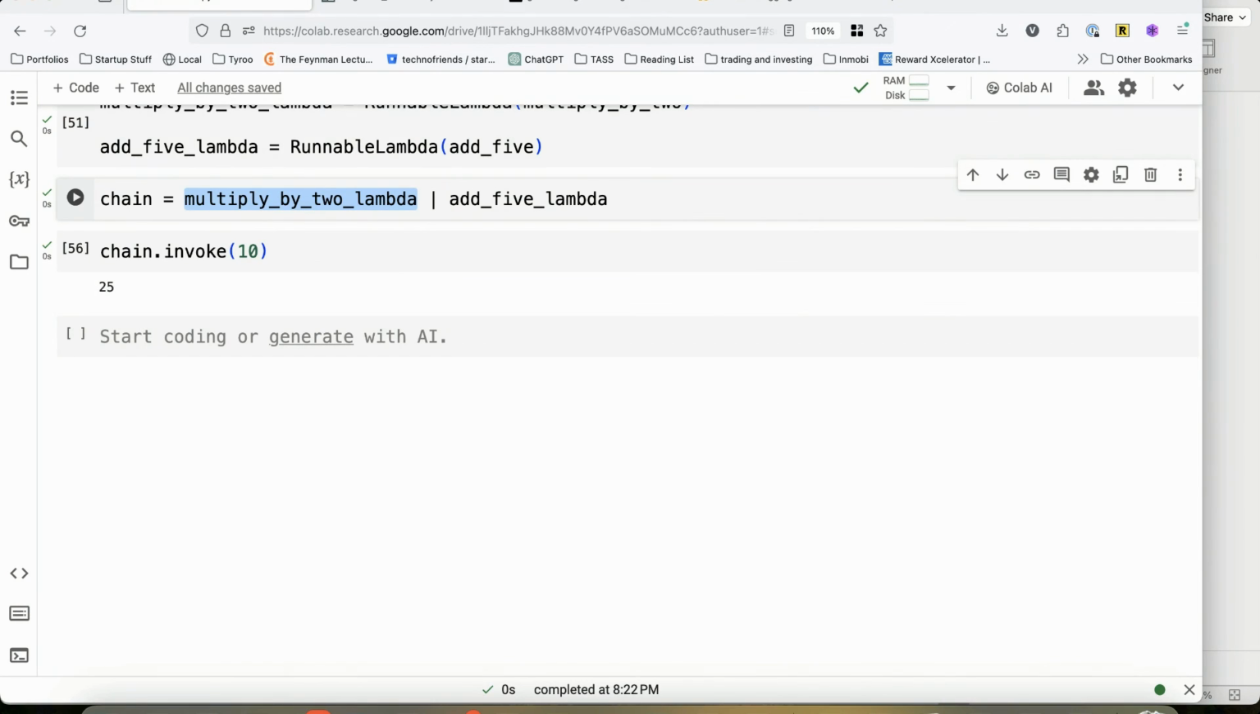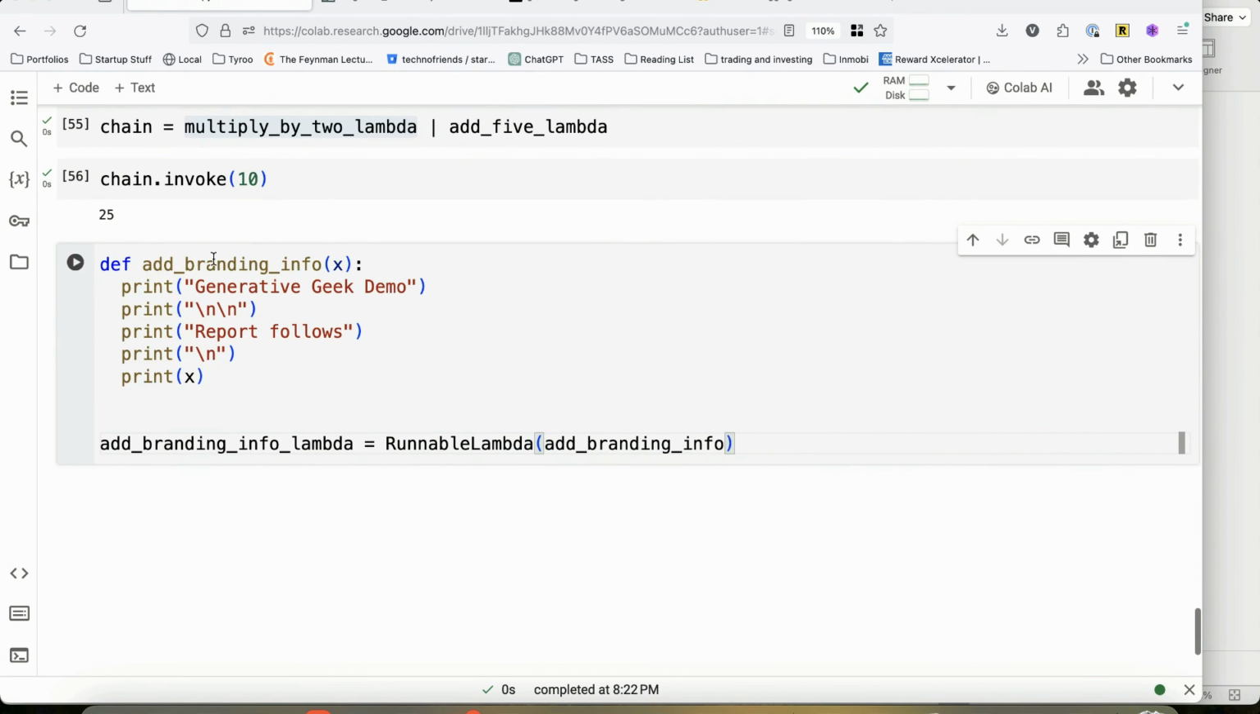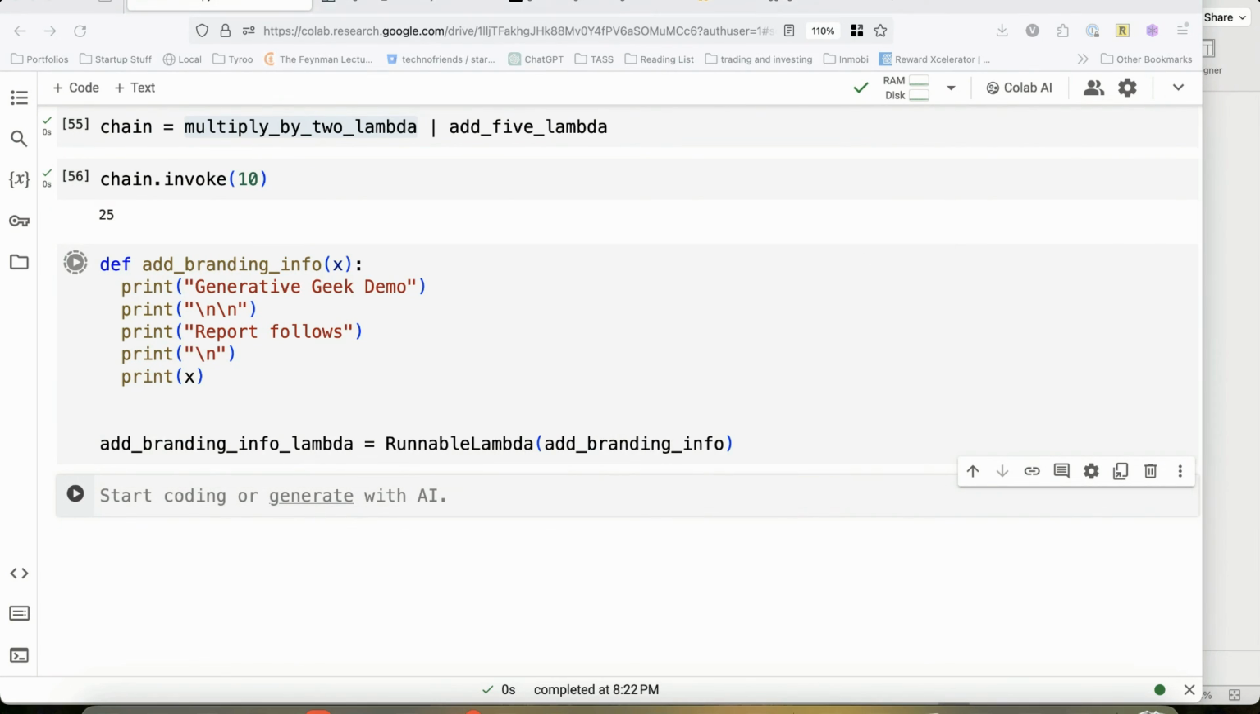I can show you a little more useful example, in the sense, let's say you have some sort of branding info that you want to add to your emails, right? So let's say add branding info, and this is my branding info, which is generative geek demo, report follows, and whatever is x will get printed after this. I can convert this also into a lambda, right? And now what I'll do is, I'll say my LCEL chain is